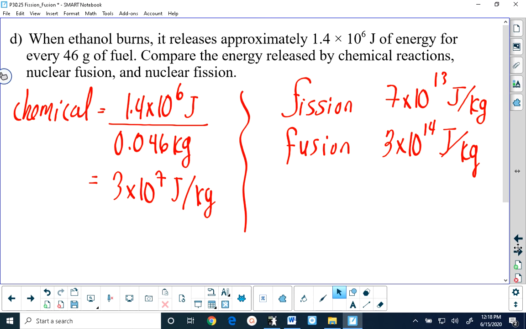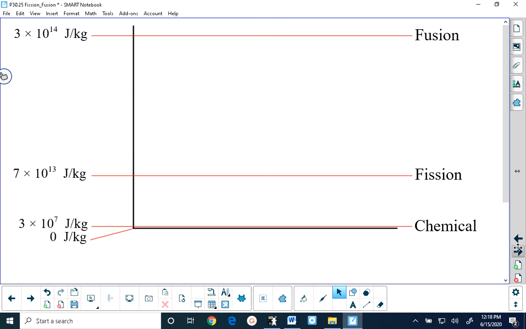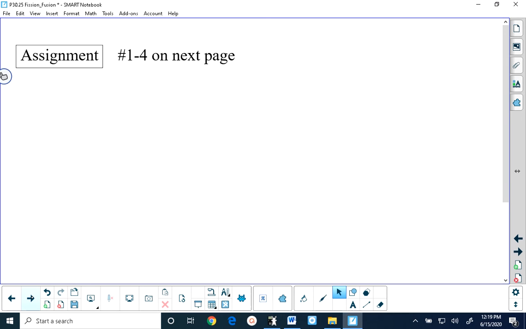And what this means graphically, everybody, is that if you were to put these 3 processes on a graph, chemical energy doesn't even really register in the same arena as fission and fusion do. And fission is miles ahead, figuratively speaking, of chemical, but fusion is even further ahead in terms of energy availability per kilogram. All right, that is it for the lesson,